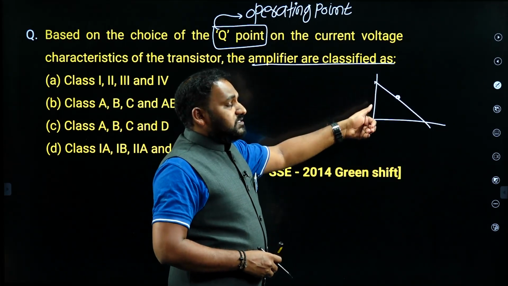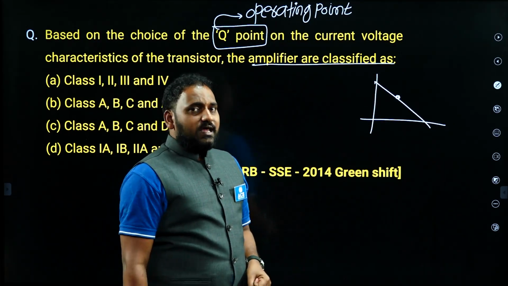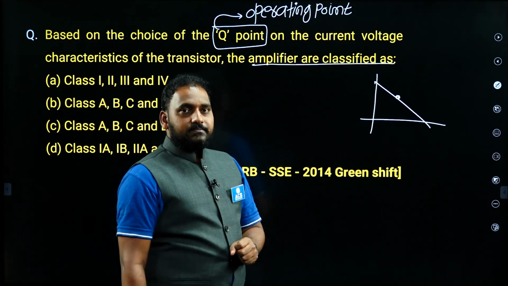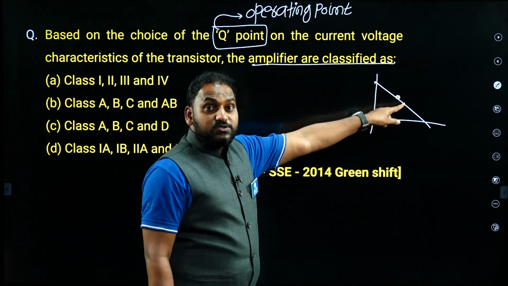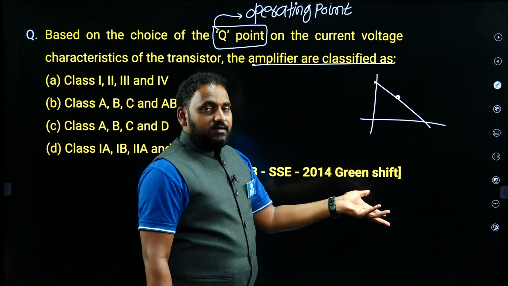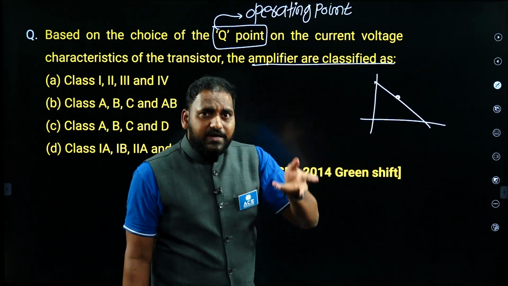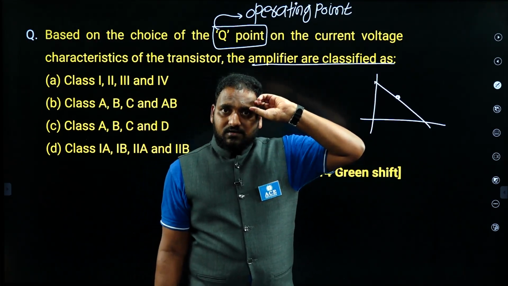So different classifications means definitely it's a power amplifier. But small signal amplifier means voltage amplifier. Always it is at the linear portion, piecewise linear operation. Do you remember? But for large signal amplifier, I mean power amplifier, we will have different operating points. Different Q points means by default your brain should go to the